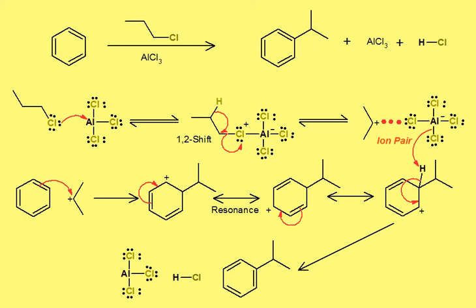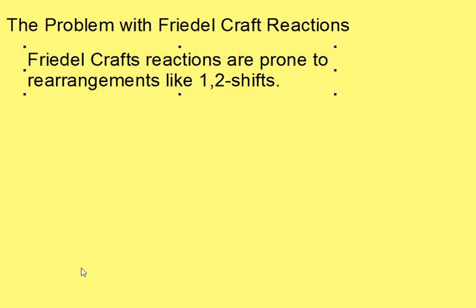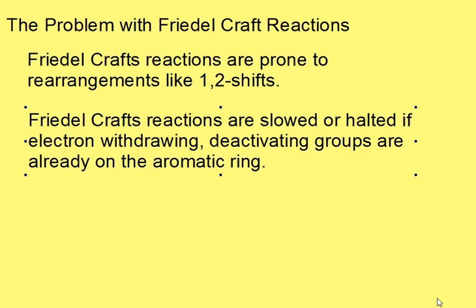So before we go to the last reaction, there's a couple of things that we have to think about because of the way this reaction has rearranged. In general, when we're talking about Friedel-Crafts reactions, please be aware that we might get 1,2 shifts to form a more stable carbocation, and that means we might not get the product that we actually desire. The Friedel-Crafts reactions are also notorious for being slower or even not happening at all if we've got some kind of electron withdrawing group already on the benzene ring, because that deactivates the ring and will slow down reaction or